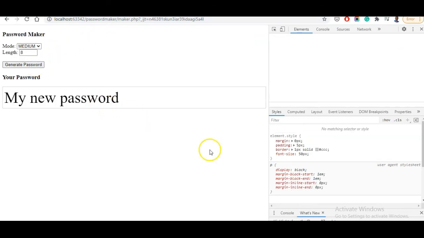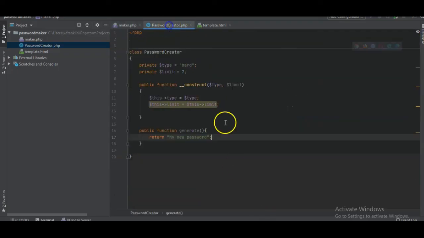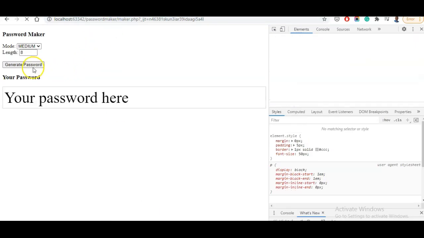So my new password, right? So this is coming from the class. My new password here, three dots. So if we were to run the function again, you could